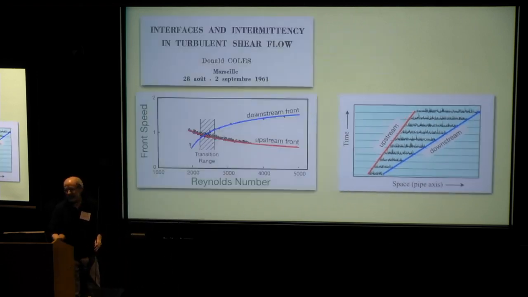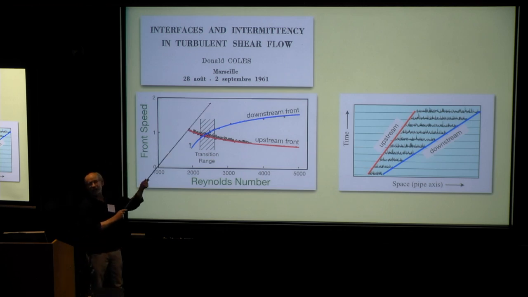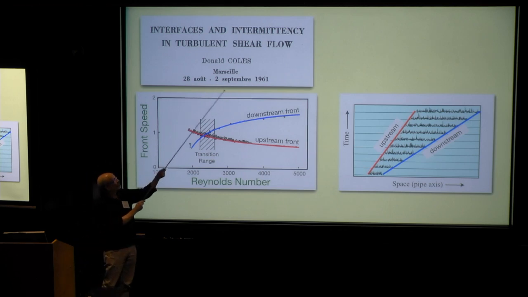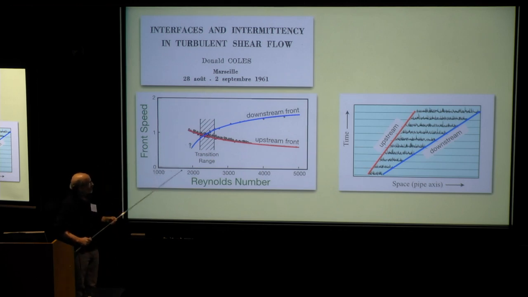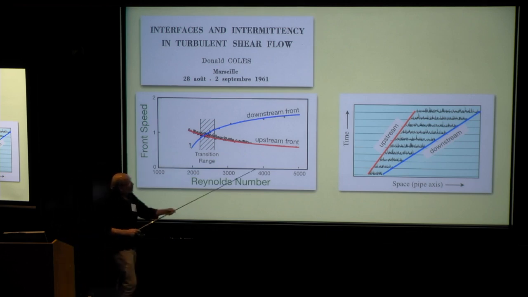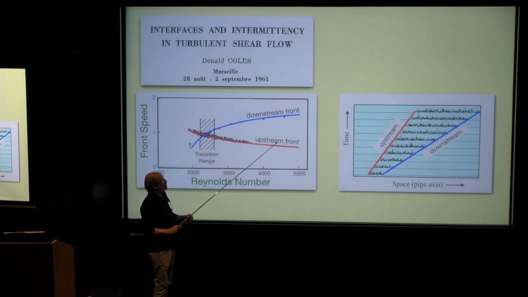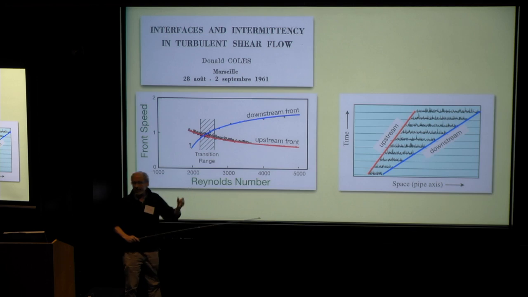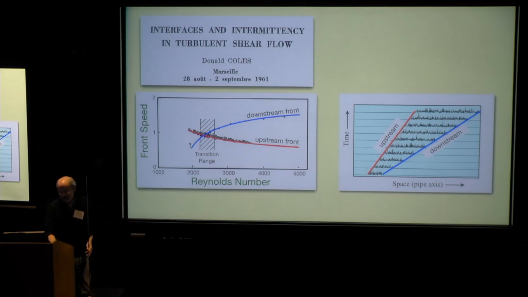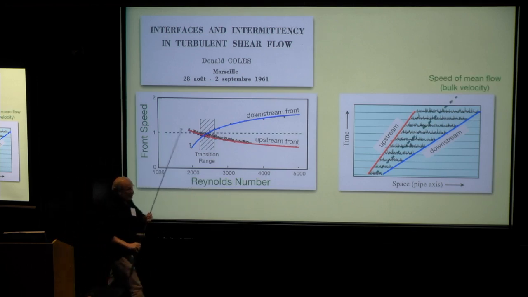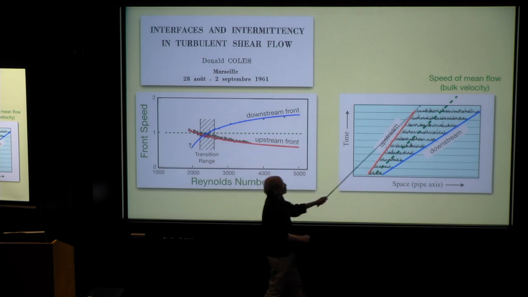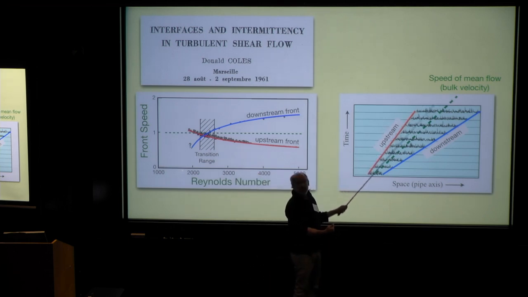And as I said, it's known classically. This is a plot from Don Coles. This is a fantastic paper from the Marseille meeting, 1961. So we're going to plot speed as a function of Reynolds number. The downstream front is moving faster than the upstream front, so they spread apart, and that's the growth that you see. Let me just say that it's important that this is the mean speed,